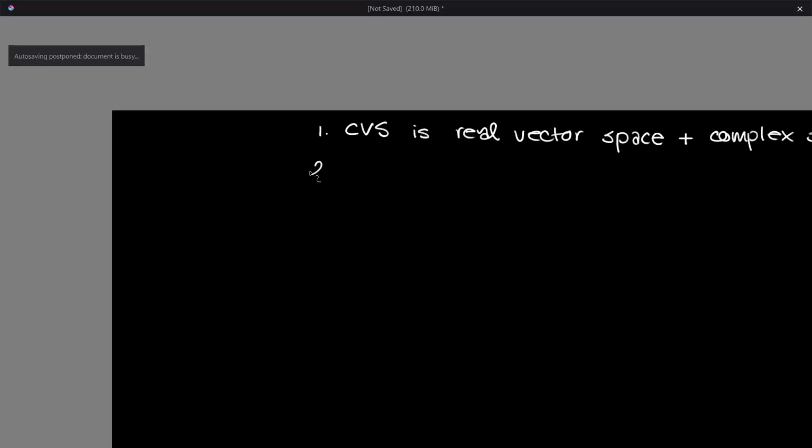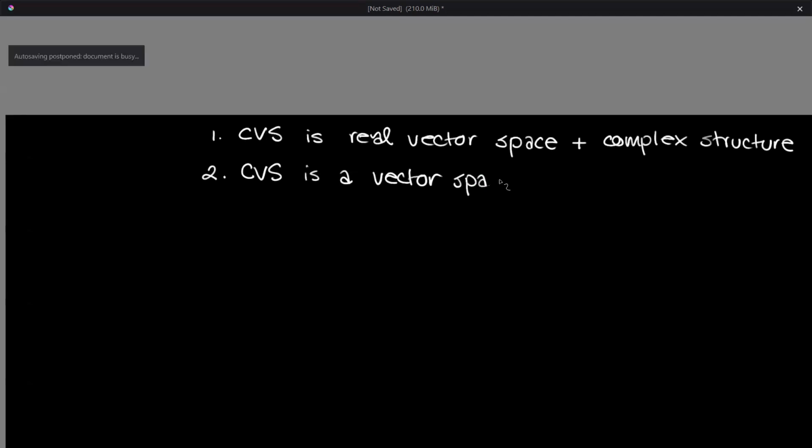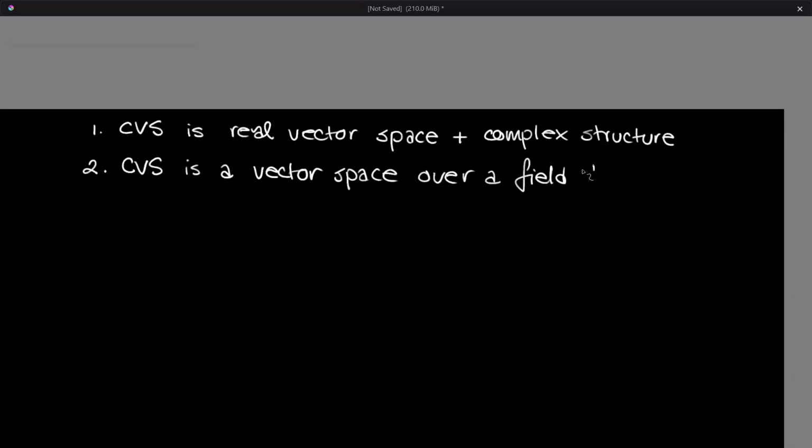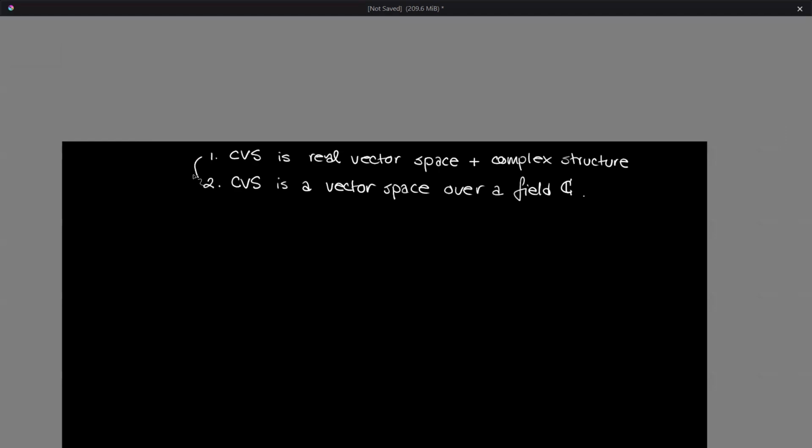And secondly, a complex vector space is a vector space, just the definitions of a vector space over a field C. So these two are equivalent, and